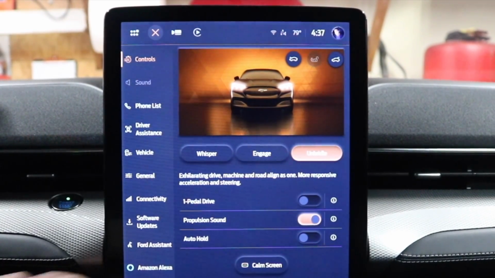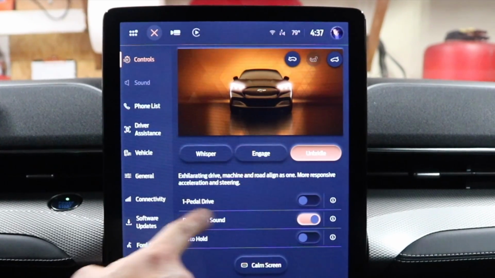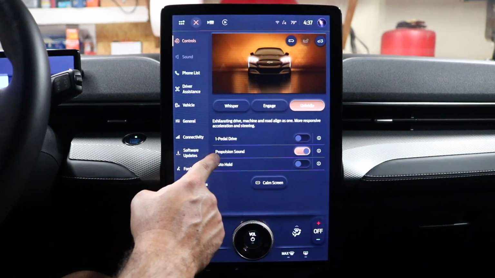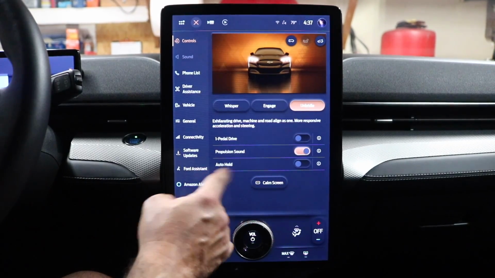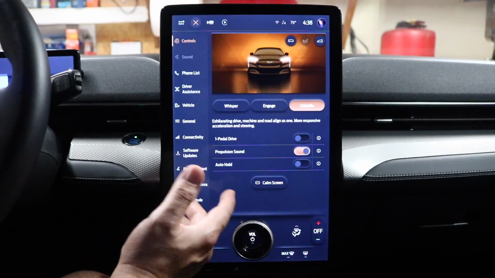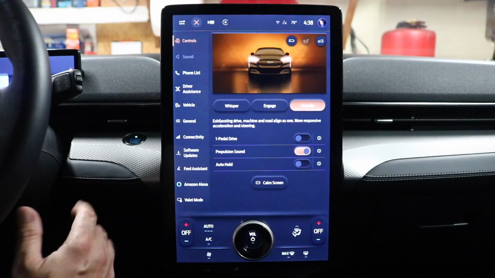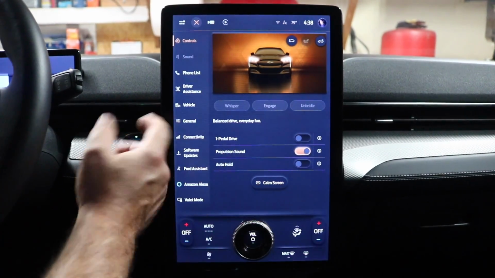It's really, really good. And any one of these, you could set one pedal drive. You could do propulsion sound, which I like. I know some people pick on that. Auto hold, so when you brake, it holds. You don't have to step on the brake. That's up to you. Another thing that people don't realize, and I'm gonna go back to engage because that's what I like,